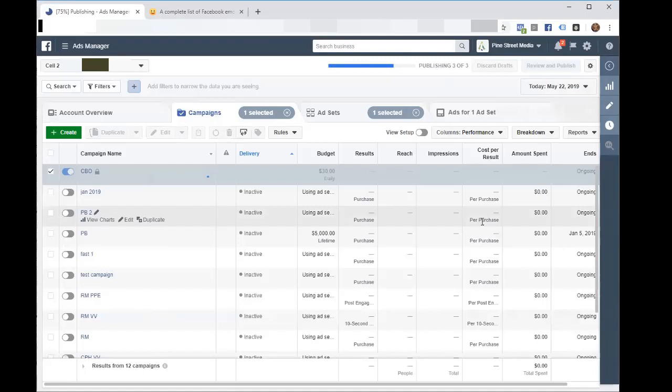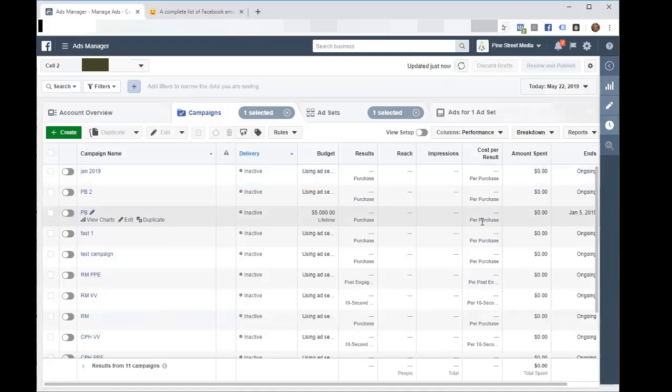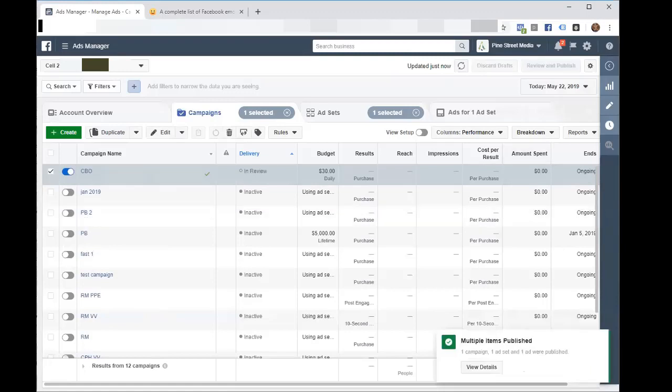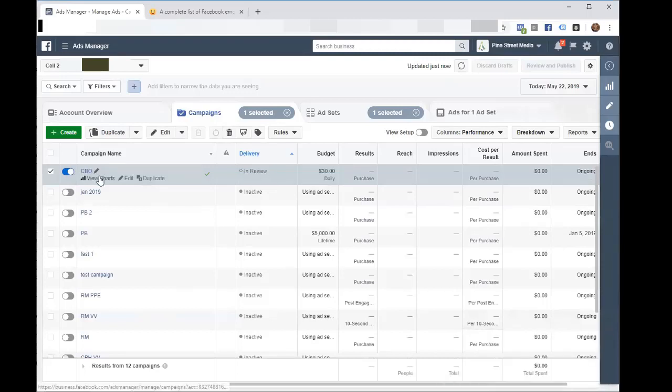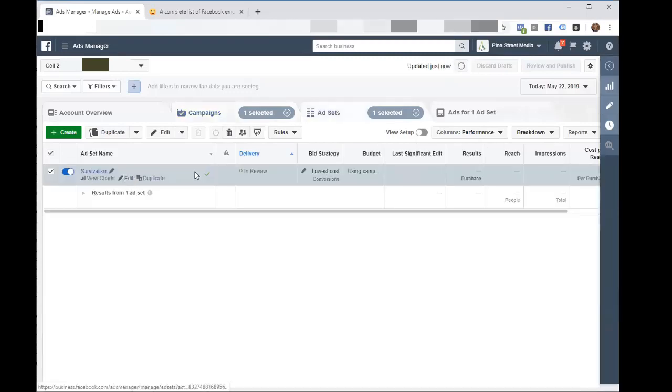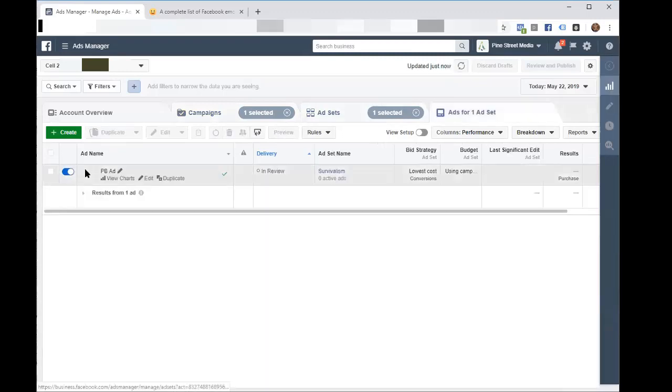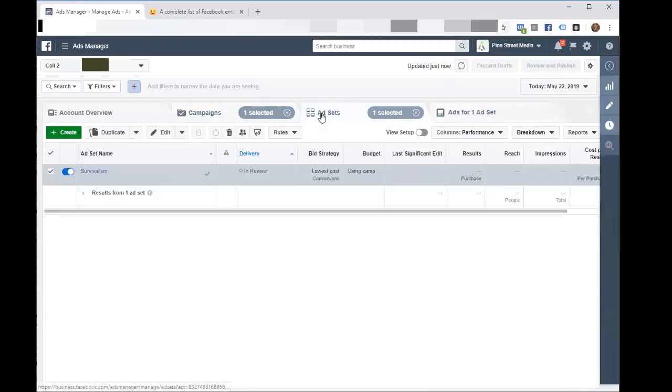And sometimes it's slow. It'll say in review, because they have to review the ad, and it may get approved in 5 minutes or 24 hours. It just depends. And here's our ad set and our ad. So now with campaign budget optimization,